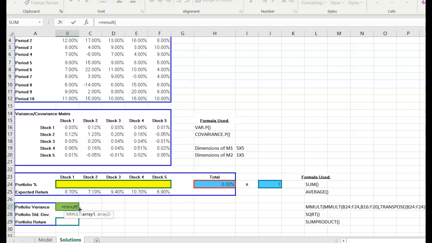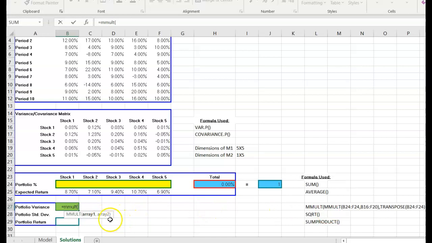Instead, press Control, Shift, and Enter at the same time. And that's the only way MMULT is going to give you a solution. So the formula that we're going to use, I've also typed out all formulas that I'm using on the right side on the screen here,